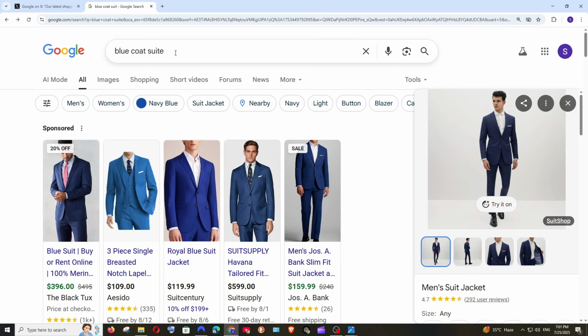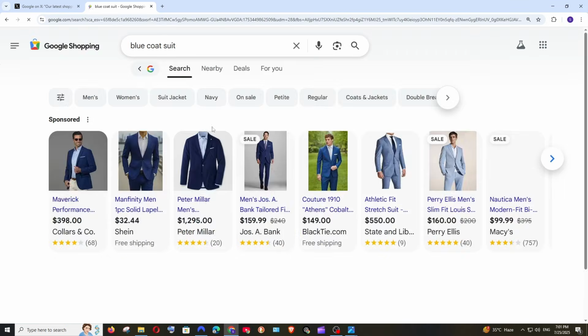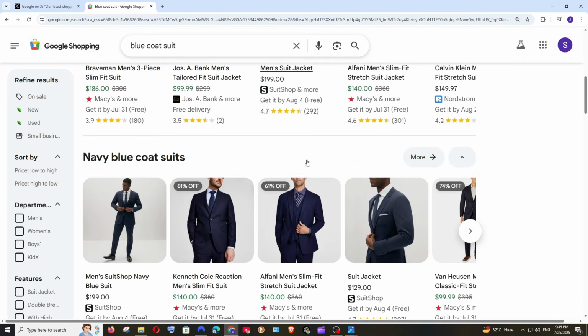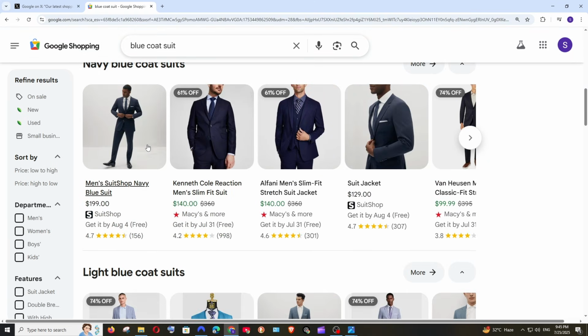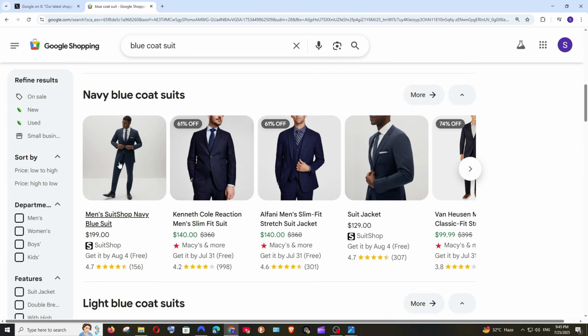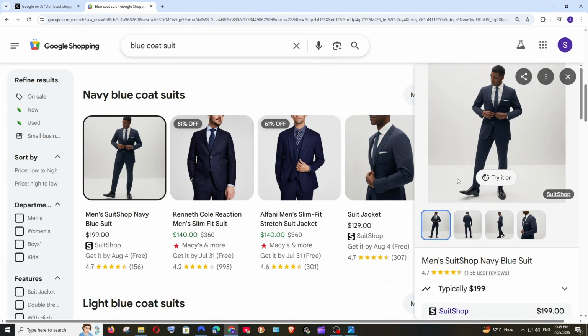I'm just going with blue coat suit, and this feature works exactly the same way on your mobile phone also, the exact same steps. Now after searching this, you can just go to shopping. So here we will have these many results. You can just click on any of these. For example, let me go with this one, and here we will have this try it on icon. Click it,